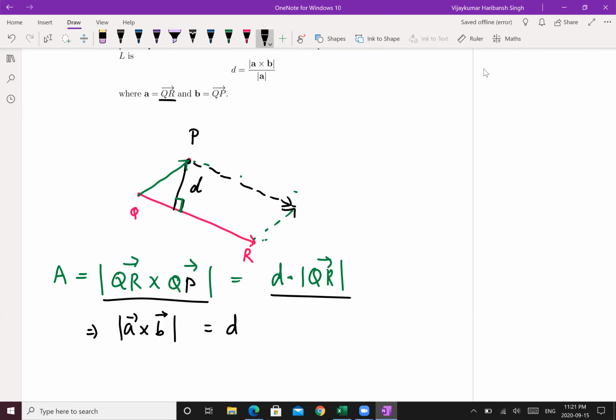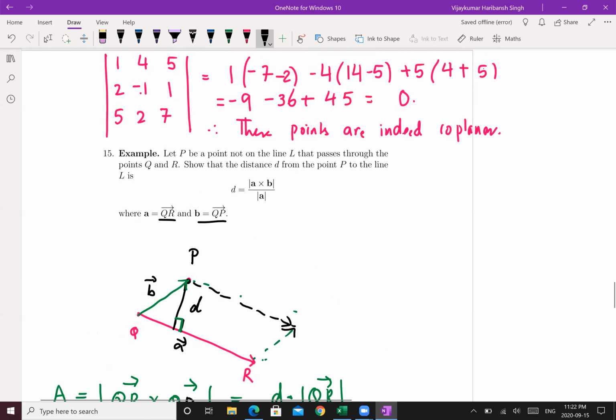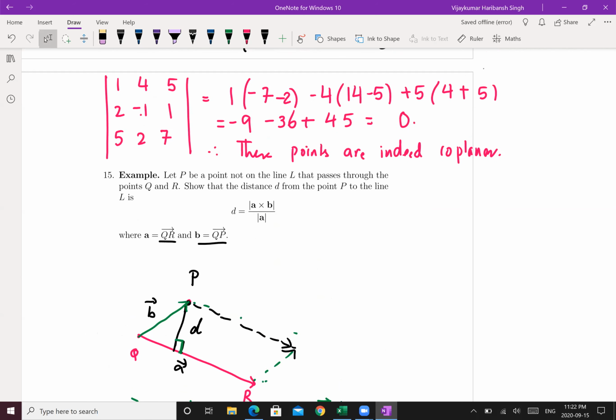equals D times QR, which is, so this is called vector A, and this is called vector B in here, times length of vector A. This implies D equals the length of A cross B, divided by the length of A. So that's one way of looking at it. Now we can talk about orthogonal projection later on. Okay. So this is the setup,